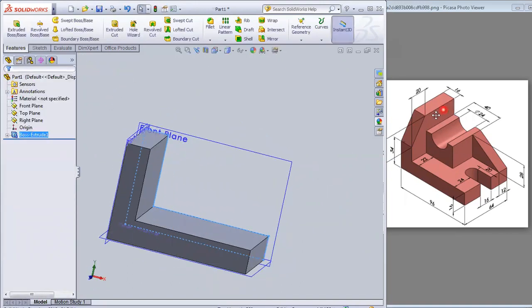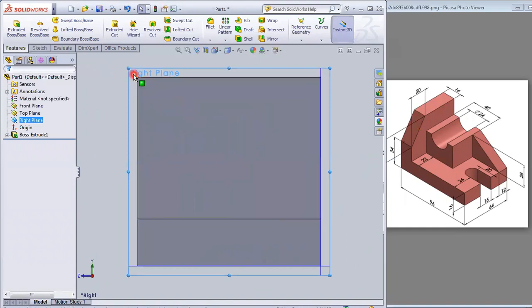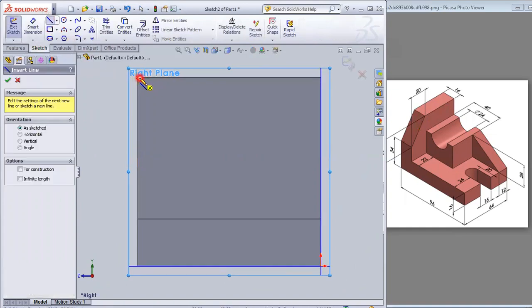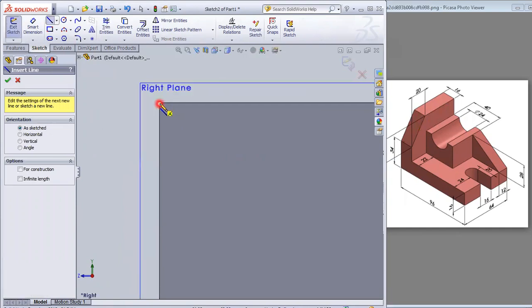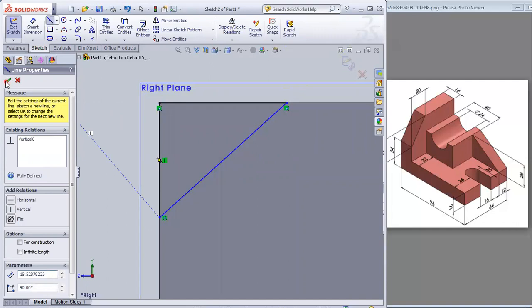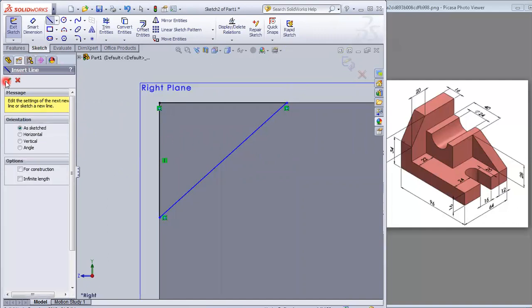Now the second task is I will cut this part out, right? So I will select this plane, go perpendicular to this. Now I will draw a line or anything, right? The line starts from here, from this corner. This will snap automatically, okay? From there to there and then there, right? I hope it has not been fixed. If it has been fixed, then it will be difficult for me.